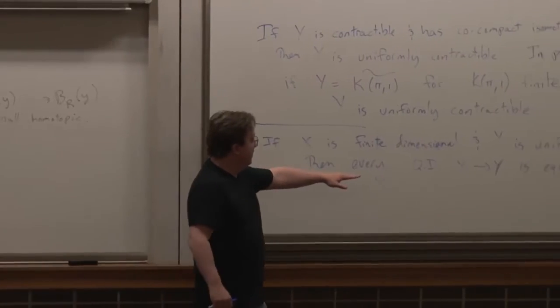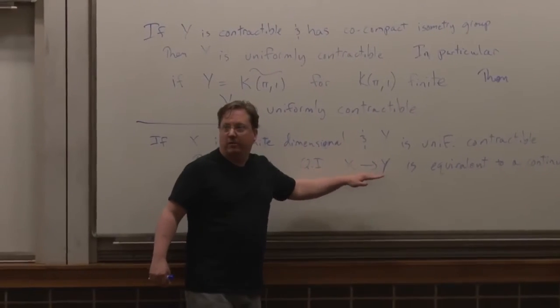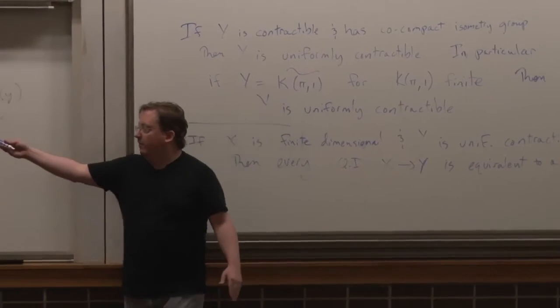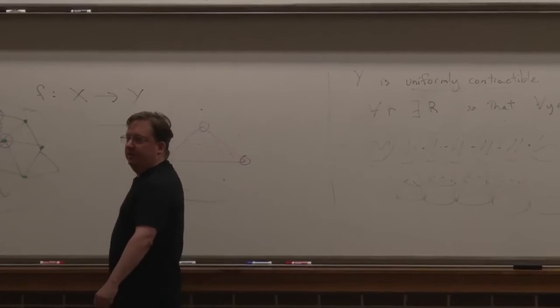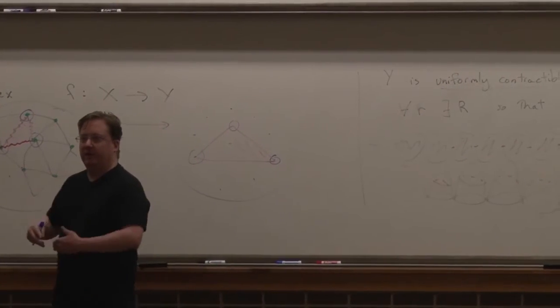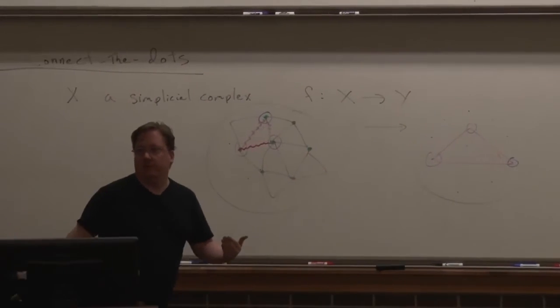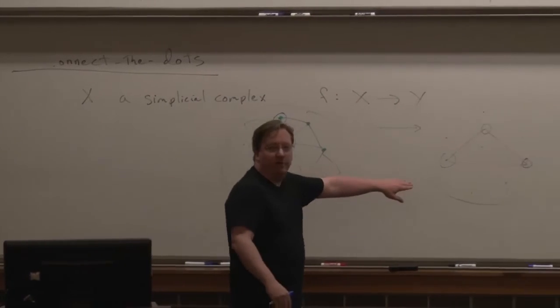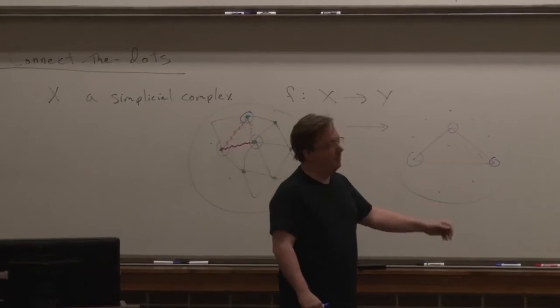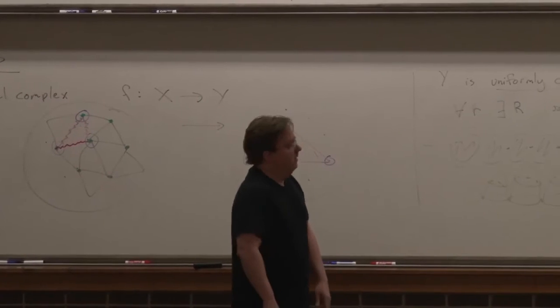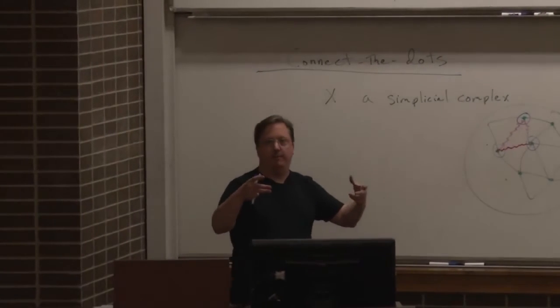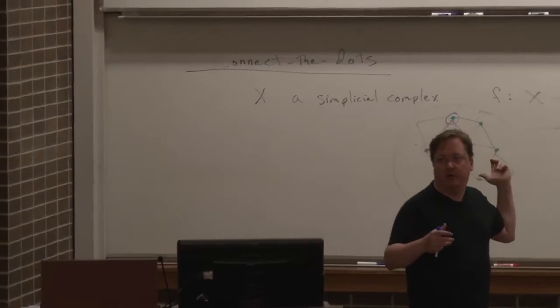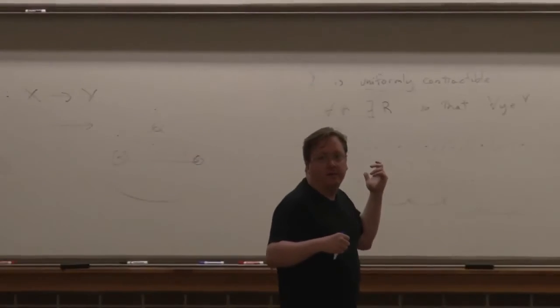I'll point out I never really cared that the map from X to Y was a QI. In particular, I never cared that it has an inverse. All that was important over here was that it didn't stretch distances by too much. So the upper bound on what it could do was relevant. The lower bound is only relevant in trying to build an inverse map. I mean, certainly a CW complex, as long as the cells are of metrically bounded size, the same argument works in exactly the same way.